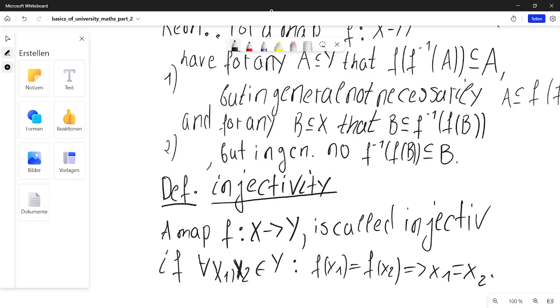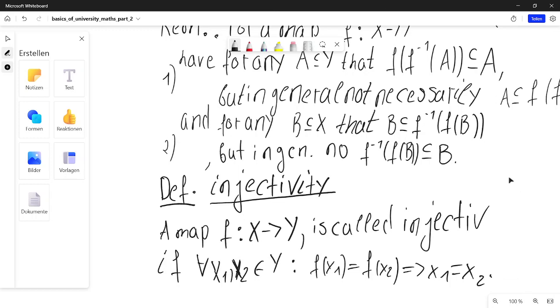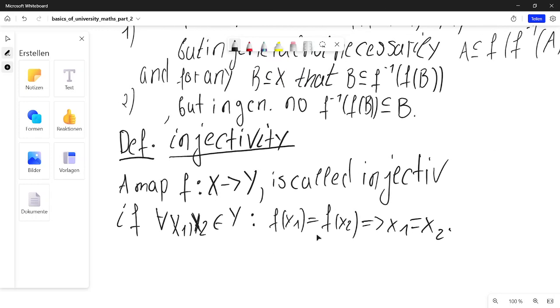And what does it mean? Well, whenever it is true that for some element it turned out that this element is mapped by f to the same thing,